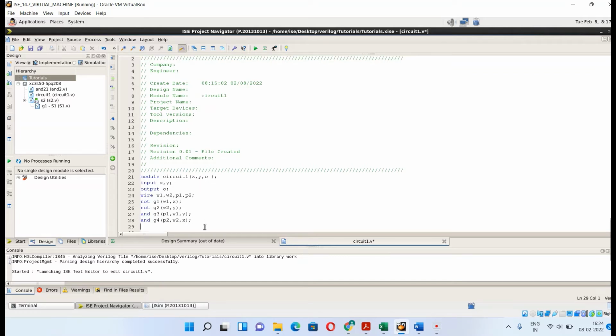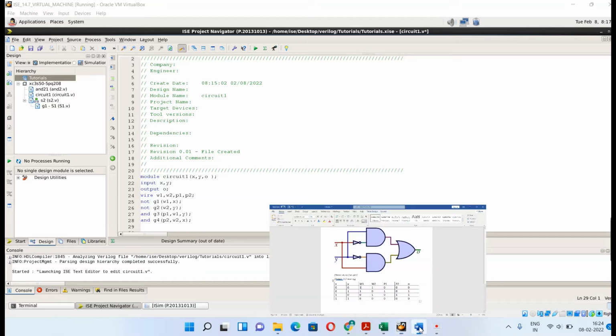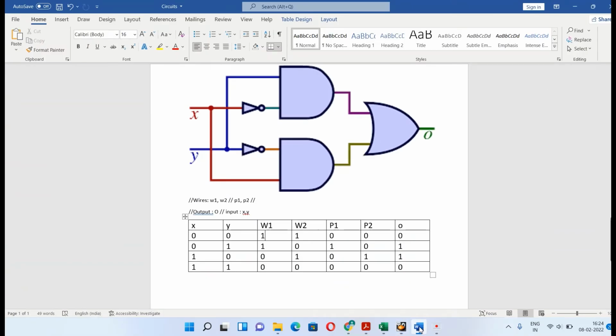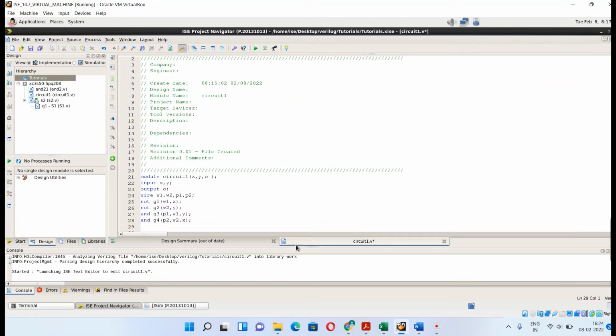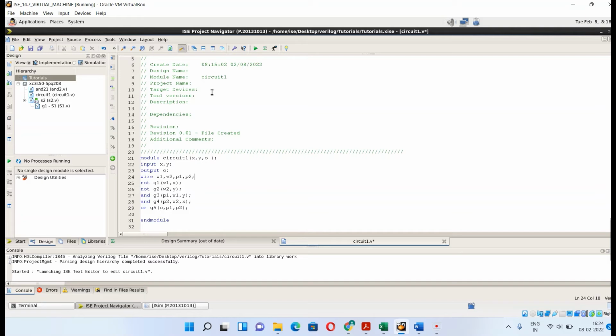And the final output we are getting by ORing the outputs of P1 and P2. So OR, we'll take it in gate G5. So the final output is O, and the two inputs are P1 and P2, semicolon, and end module. We'll save the circuit first and then we'll run the code.